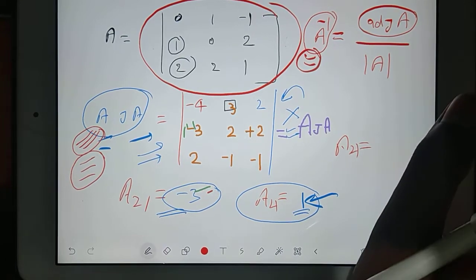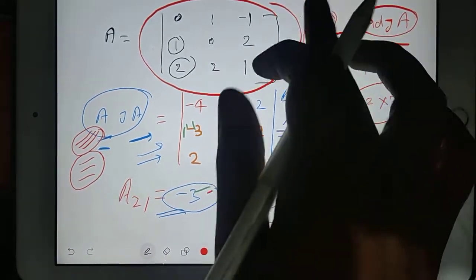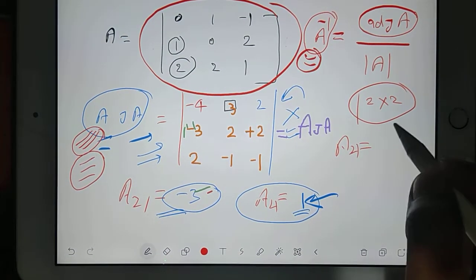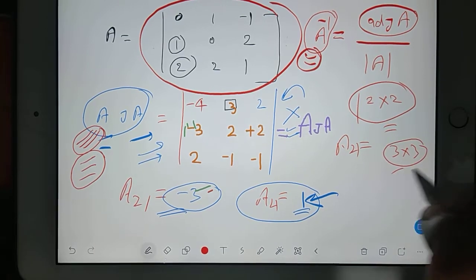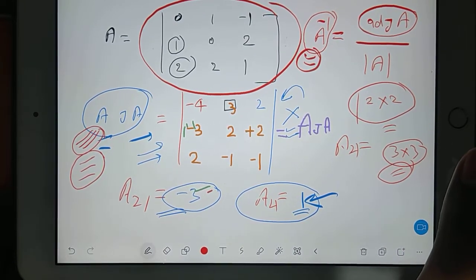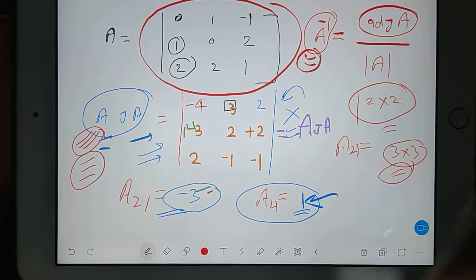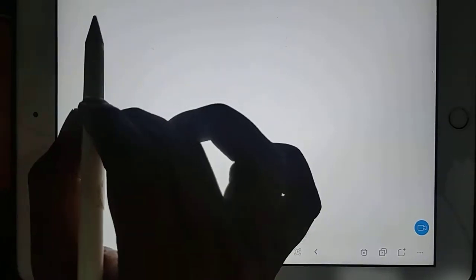But we have one small trick. If the matrix is of 2 cross 2, then we have a small trick. But if the matrix is of 3 cross 3, then again we have trick, but trick I will teach you in next class. Like we don't have to bother about the trick. So I will explain. I will give you one question and I will do here itself.